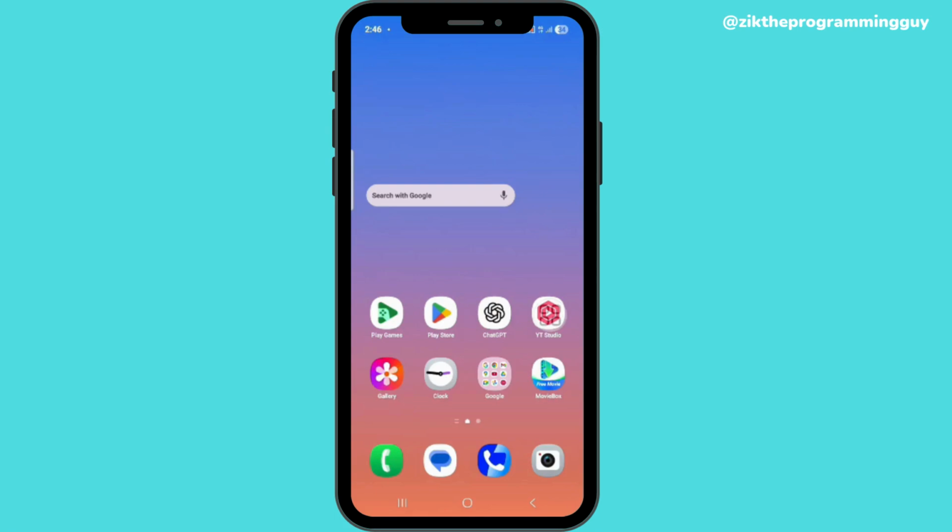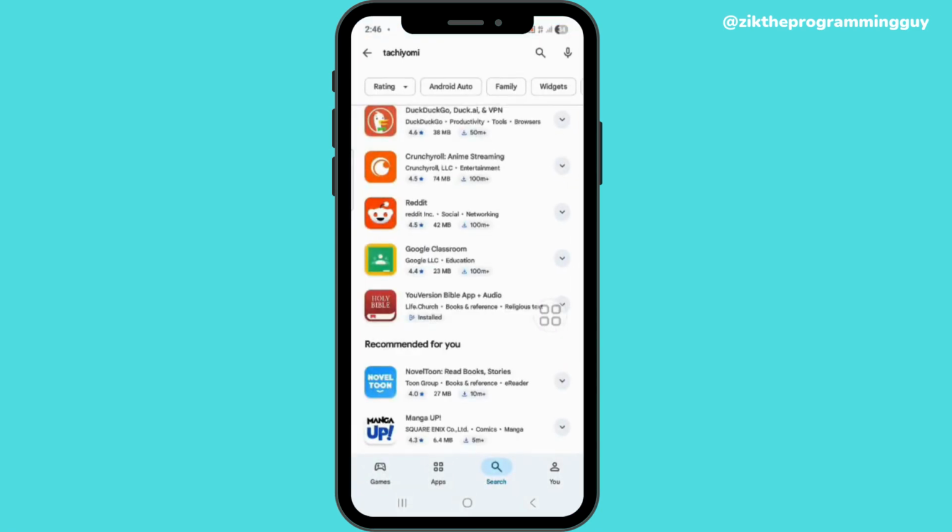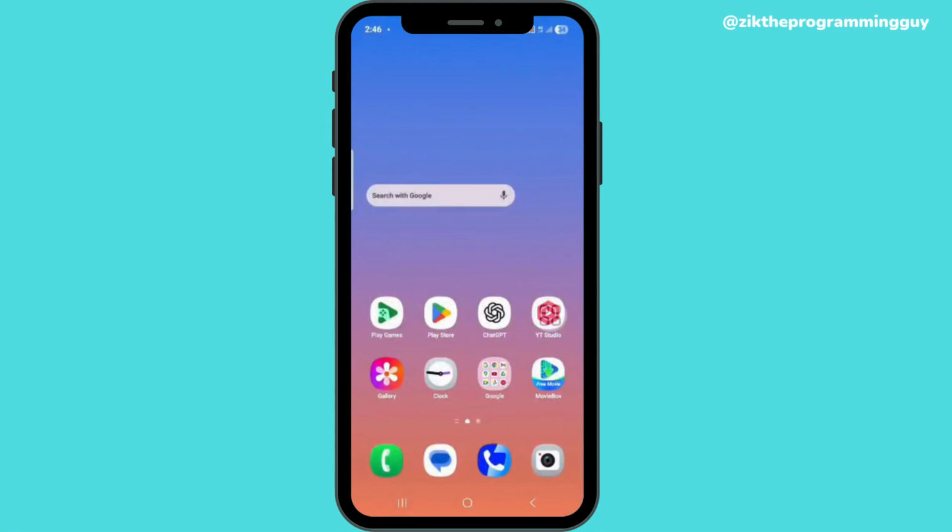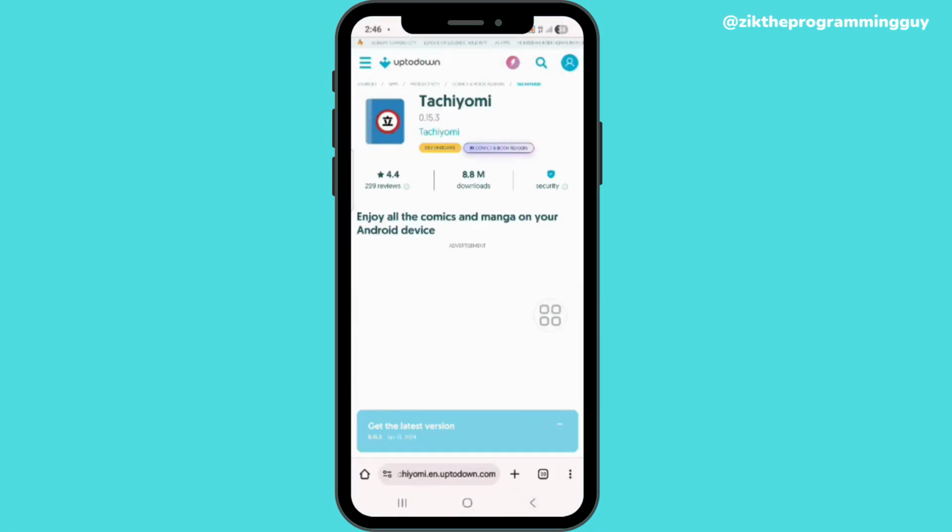In today's video, I'll be showing you how to install the Tachiyomi app, right? Because Tachiyomi is not on Play Store, but you can also get it from the Chrome browser. So all you need to do is open up your Chrome browser just like this, and you can see Tachiyomi. So you just need to click on search and search for Tachiyomi, and once you click on that, you